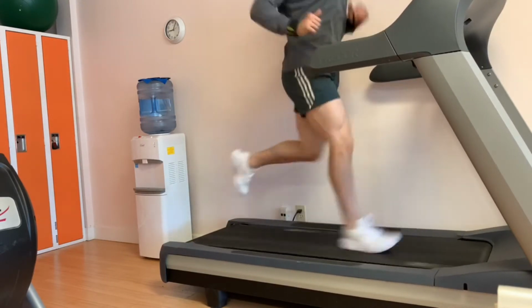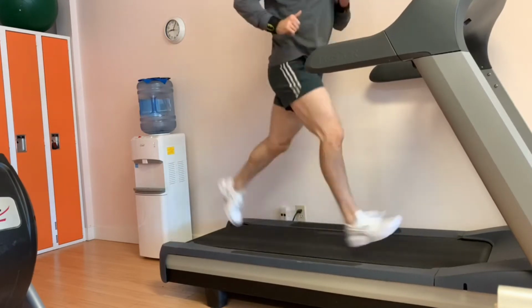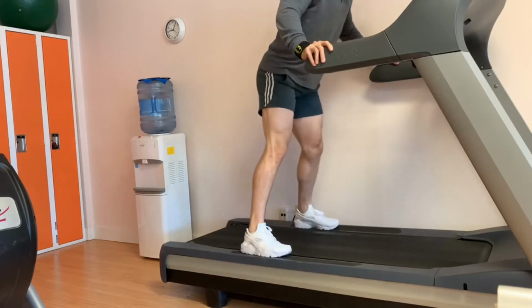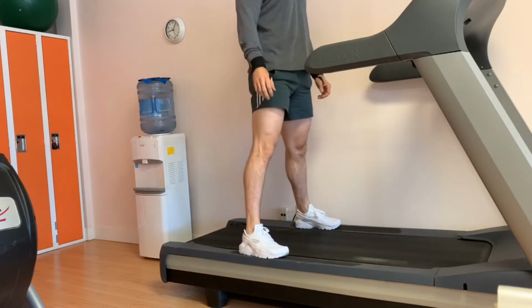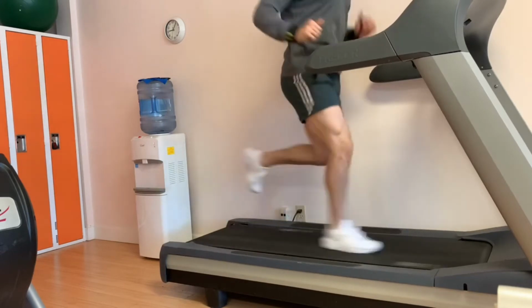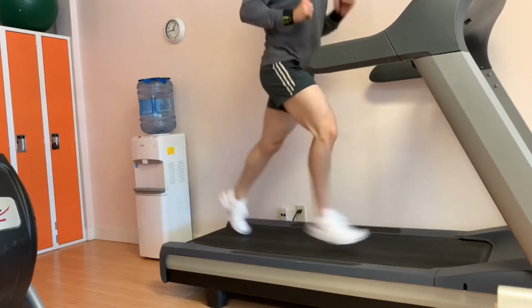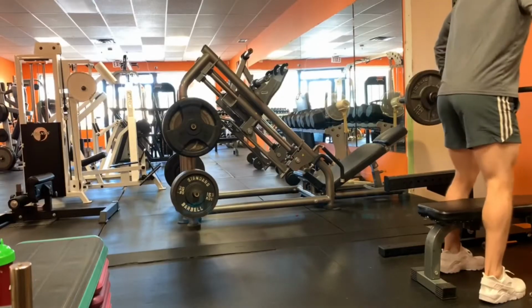So just finishing up the treadmill sprints here, and then we're on to 3 different types of lunges. So it's 3 sets of 5, jump right into the working sets. It's 5 each leg of barbell alternating front lunges, then barbell alternating side lunges, and then it's dumbbell step back lunges. And as you'll see in the upcoming video, even at, I believe this day I was 179 pounds,